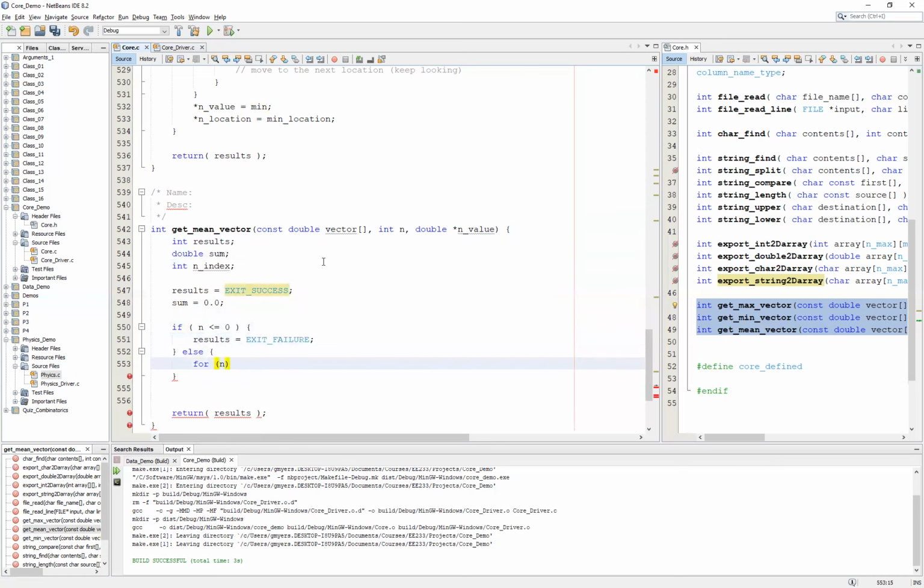So for n_index equal to 0, n_index less than n, n_index plus plus, we simply want to sum whatever the value is at that particular location in the vector. So vector, square brackets, n_index, and we simply add it to whatever that